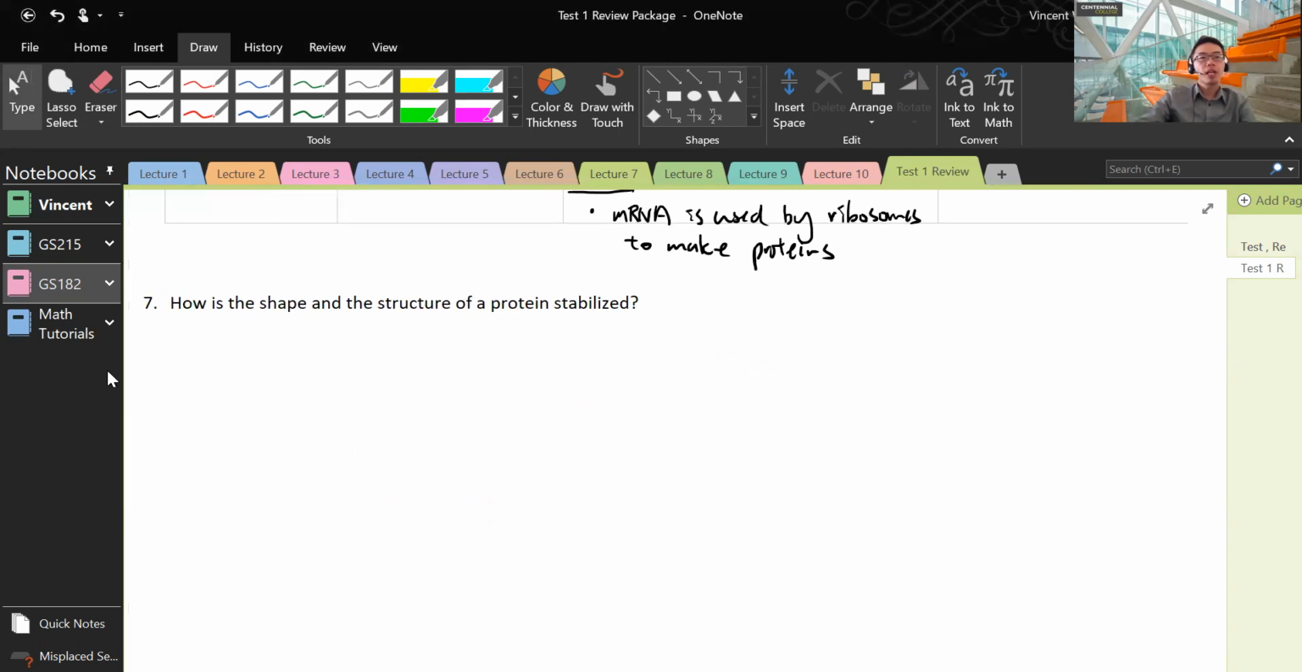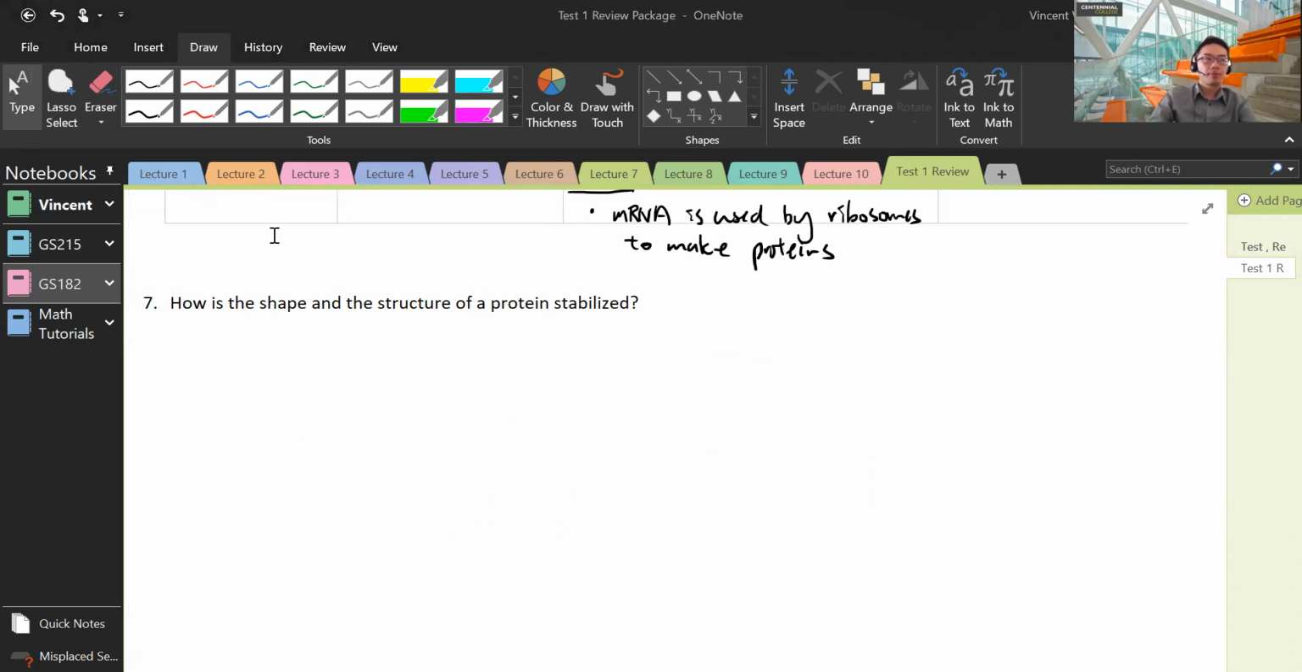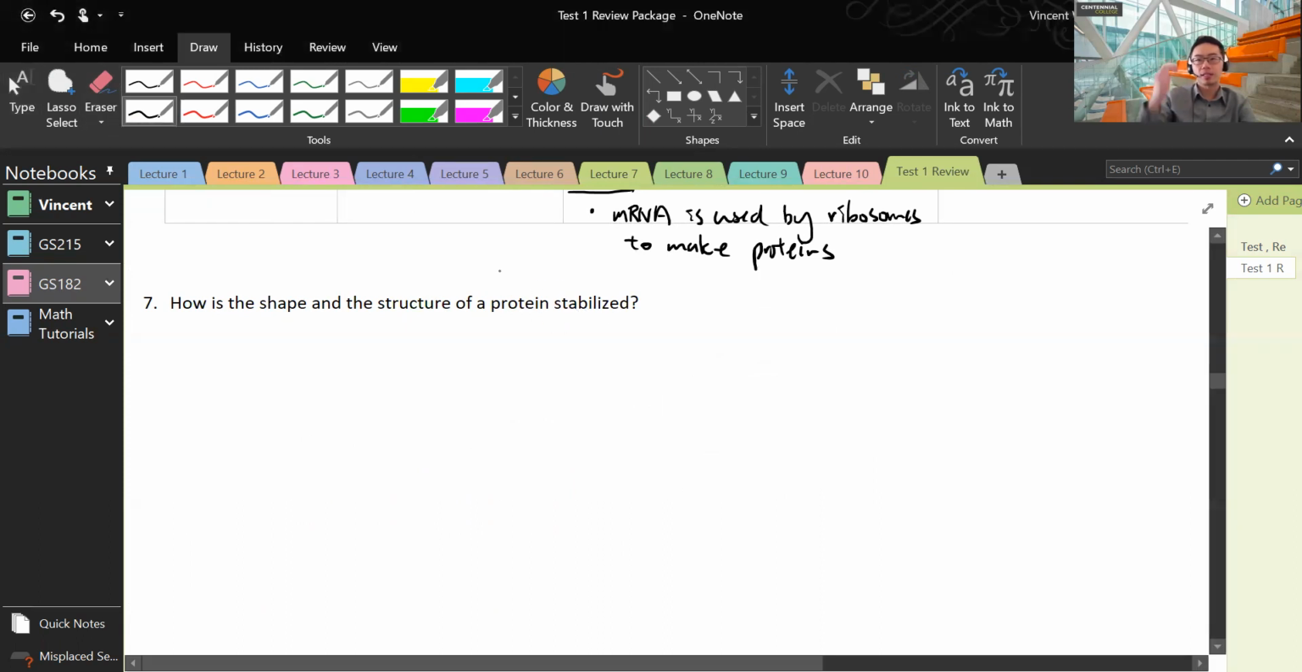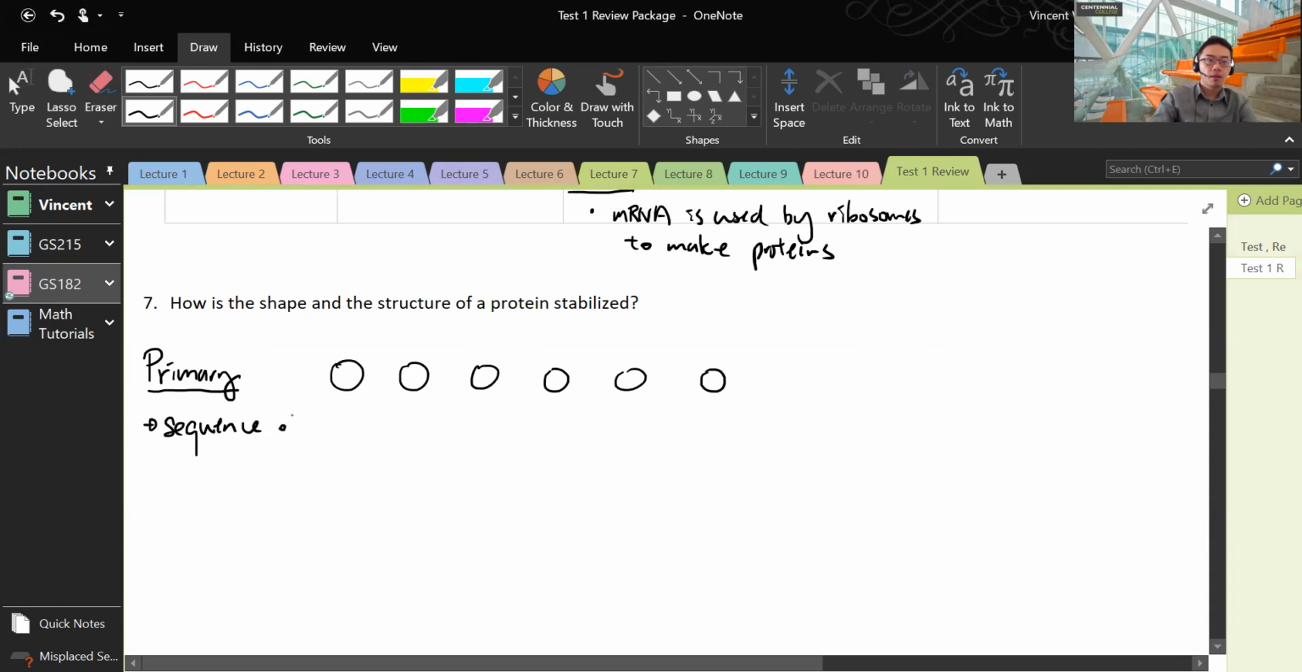Number 7, how is the shape and structure of protein stabilized? Okay, so this is quite important to know the various structures of protein, the different levels and how they are stabilized. So for example, in the primary structure, right? We have the sequence of amino acid. That's what the primary structure means. Okay, primary means the sequence of amino acid,